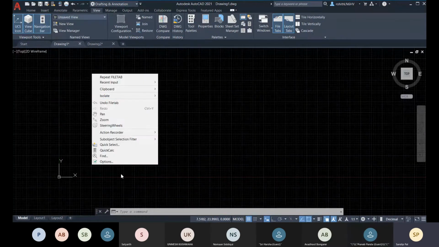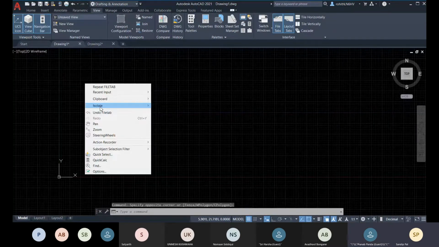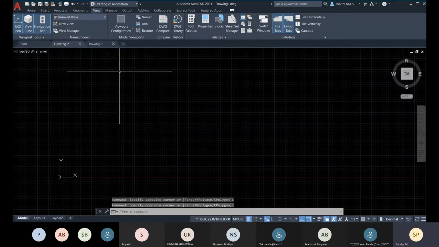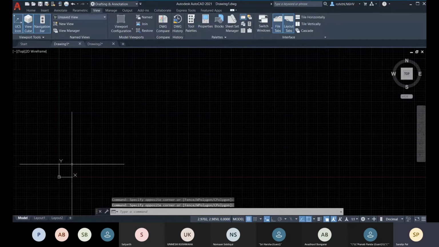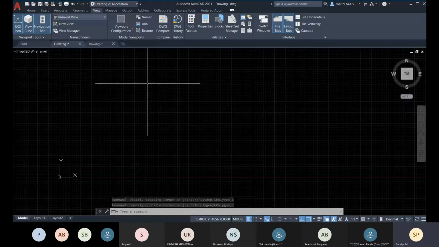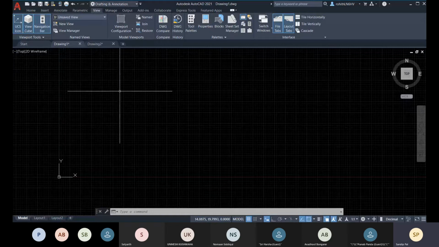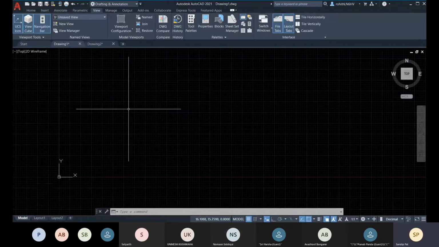You also can get it from this option. If you right click anywhere within this viewport, this whole black area, you can say it as viewport, and the space within this viewport is called model space.